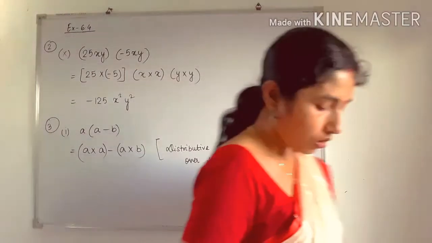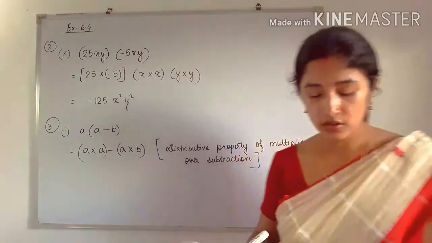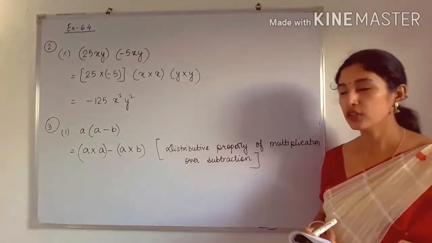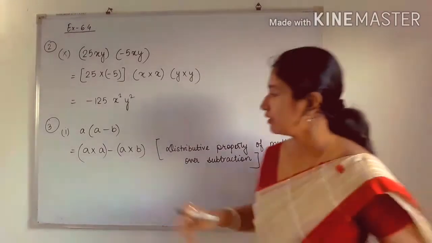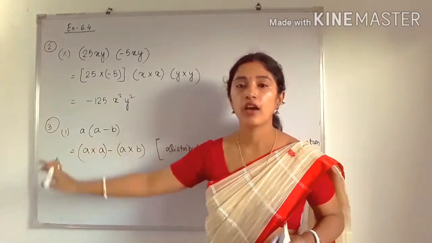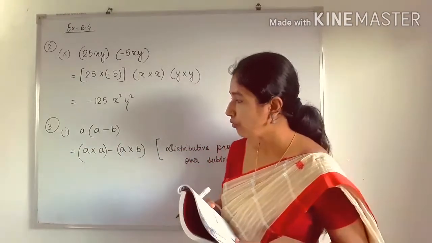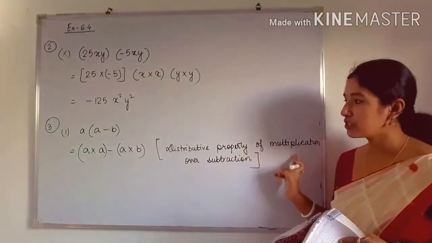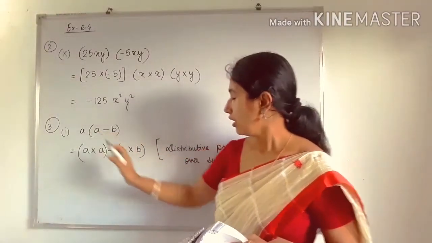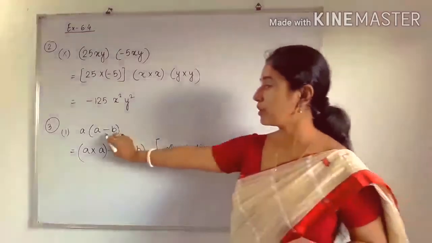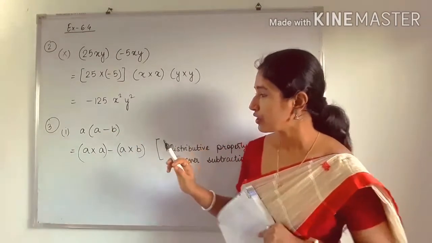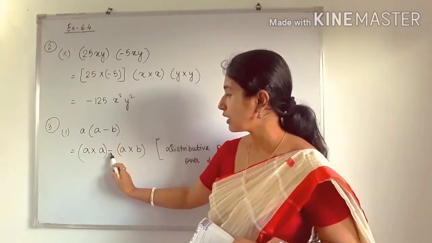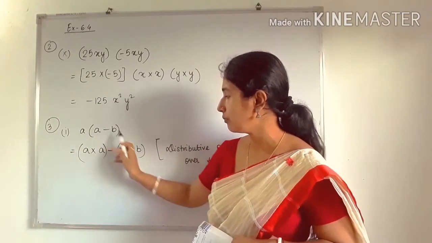So see here, in all the questions here from 1 to 6 we have to apply the distributive property. You know distributive property. So you have seen bracket is there and outside bracket we have one term is there. So in number 1 we have a. So see here, this is distributive property of multiplication because we are doing what? Multiplication here over what? Subtraction. This is subtraction, that's why it is called subtraction. So first of all we will multiply a with a. So in first bracket a into a minus, because minus symbol is there, again we have to multiply a with b. So a into b.